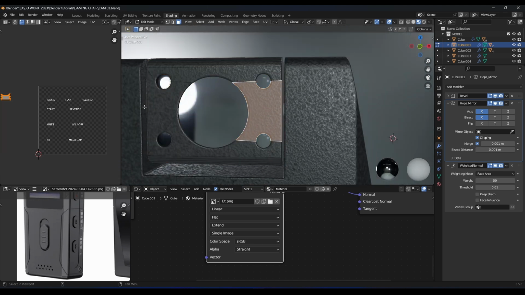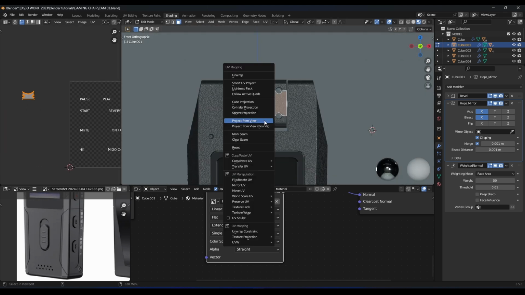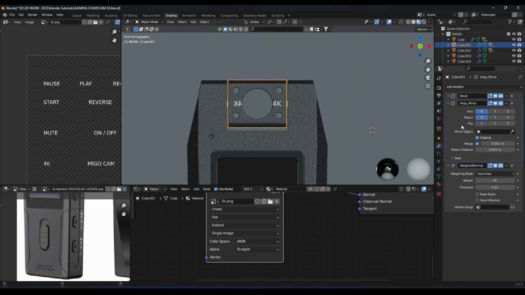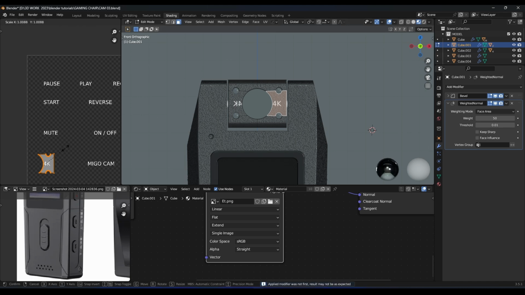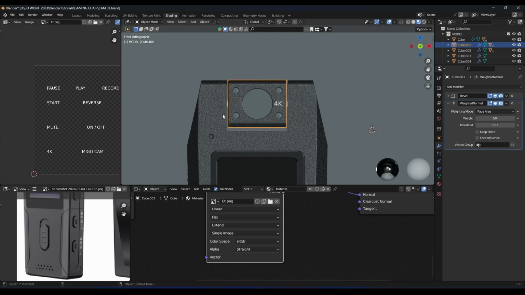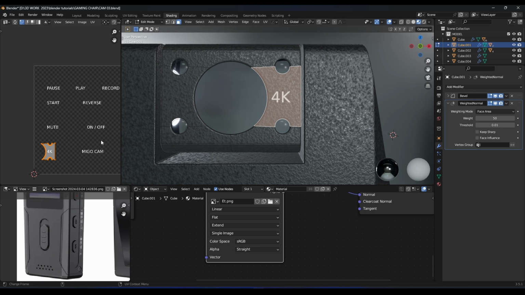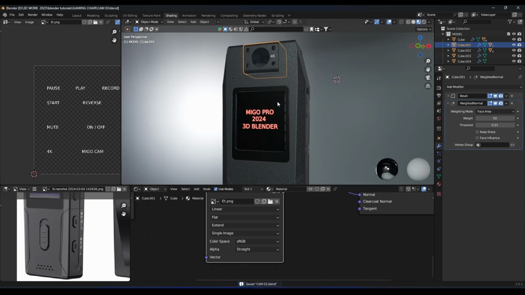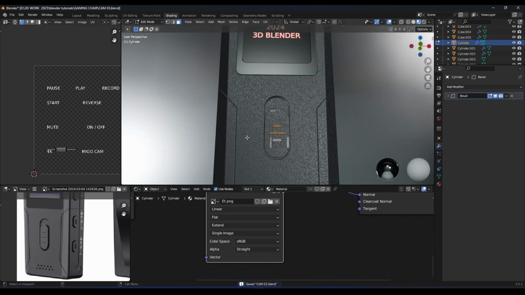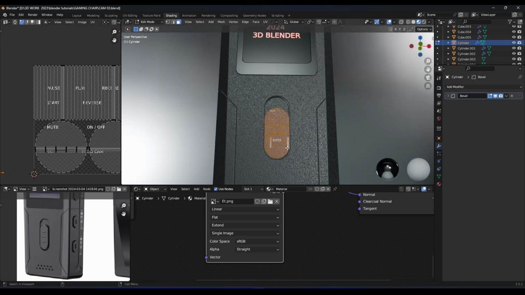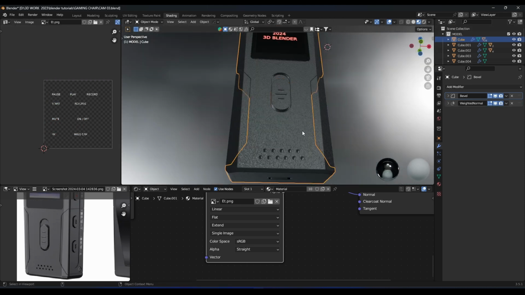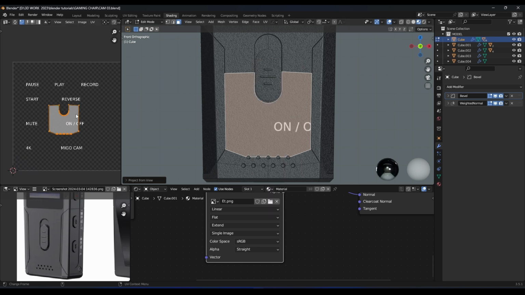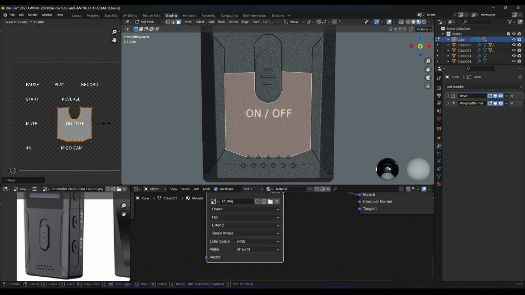We can just select this face right here, and we can do project from the view, and we can go like here 4K. And we need to remember to apply the mirror right here, so we only get one face. So let's select this and move it outside, so it's like this. Maybe scale it a little bit. Okay, now what we can do is just this button right here, select it, move it outside, select everything, move it outside. We need to make a face right here, so let's project from the view, and we can move it right here, scale it up a little bit,